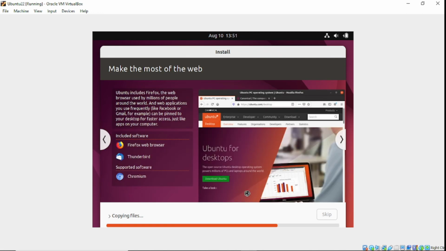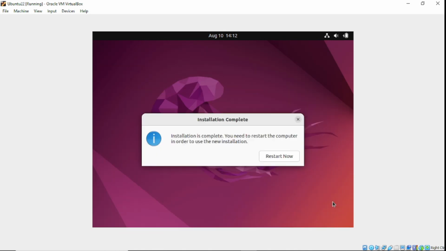And yes guys, we're just waiting for all the files to be copied, but after the files are copied and all that, you should have Ubuntu on your virtual machine, on your VirtualBox, which is great. And this is going to be the start of the series on Linux, where we'll do different things from file directories to just understanding how to navigate the whole Linux system, and really understand the Linux operating system and the different shortcuts. And for sure I'll have references, I'll have book recommendations, and all that good stuff